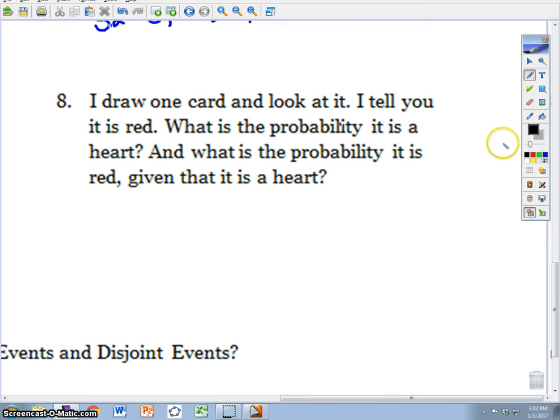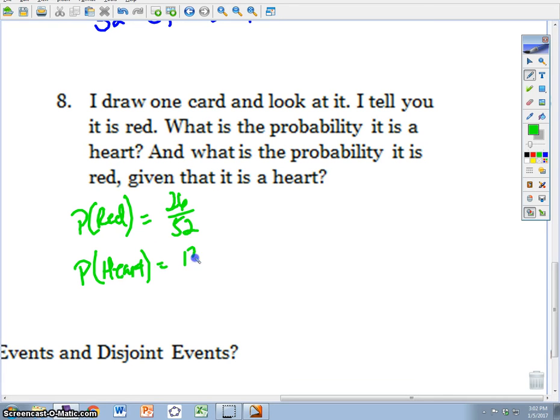So the probability you draw 1 card and look at it. I tell you that it is red. What is the probability that it is a heart? Okay, so the probability of a red card is 26 out of 52. The probability of getting a heart is 13 out of 52. Now the intersection, the probability of getting a red and a heart, well, that is also 13 out